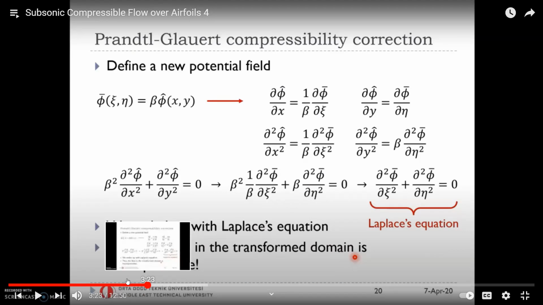But written with the dependent parameter phi hat and independent parameters psi and eta, this equation is mathematically indeed Laplace's equation. It does represent the same physics, and the physics that we're talking about is the compressible flow around an airfoil in reality. After this transformation, the physical representation actually does not change, still compressible flow. However,